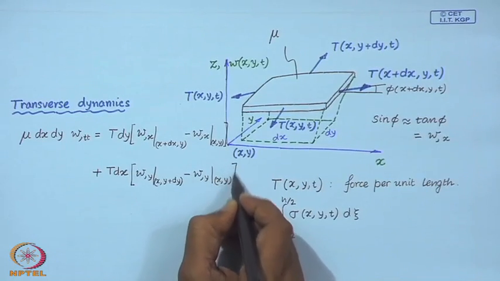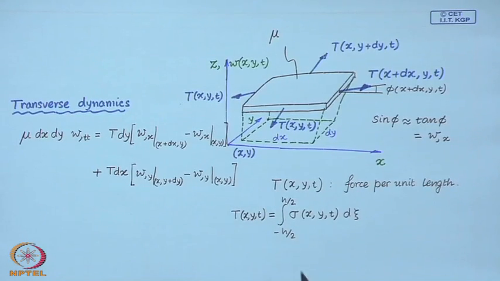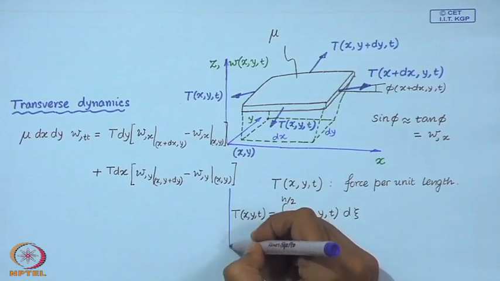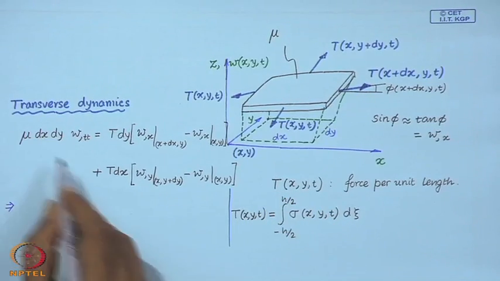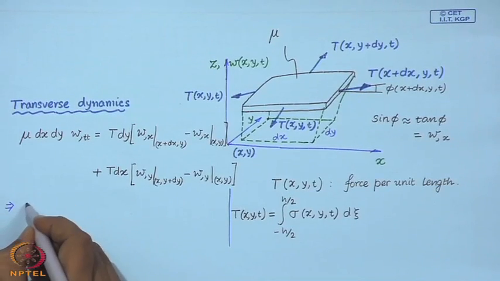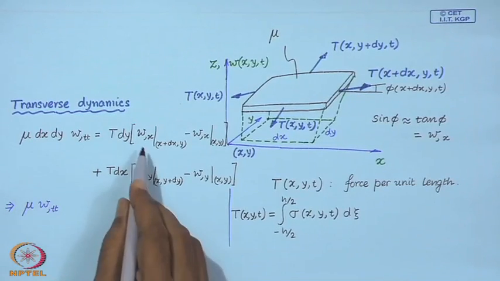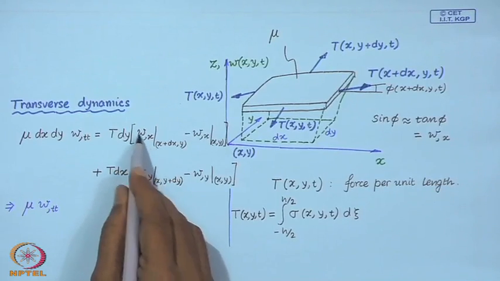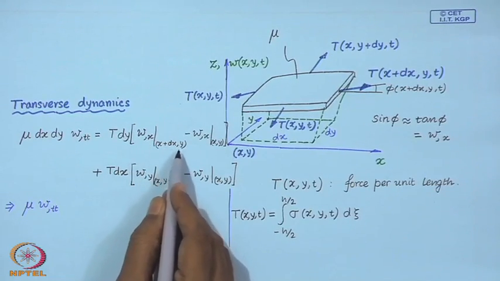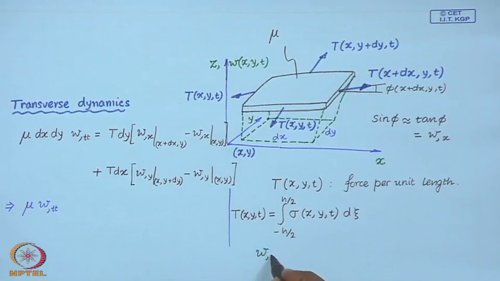So, the equation of this must lead us to the equation of transverse dynamics. So, if you divide throughout by dx dy and make some simplifications. So, del w del x at x plus dx. So, let me write this down. del w del x at x plus dx comma y may be written as